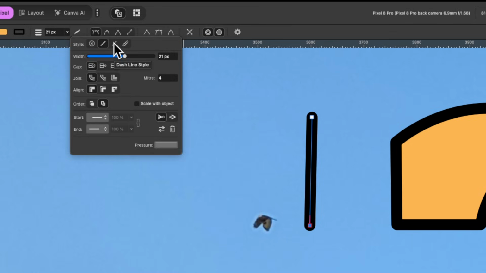There's also an option here to add a dashed line style. So they're basically just dashes, and you can change how it looks just down here by changing all of these values. And I'll just change it back to a solid line style. And also you can see right at the end there is the path brush. This is more for the Vector Studio, where you would choose a path brush instead of this solid line.